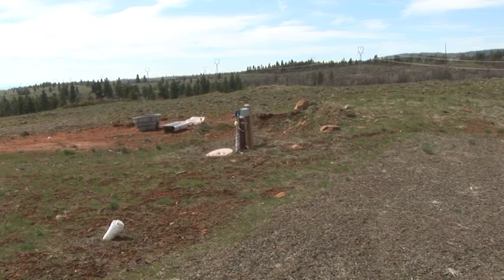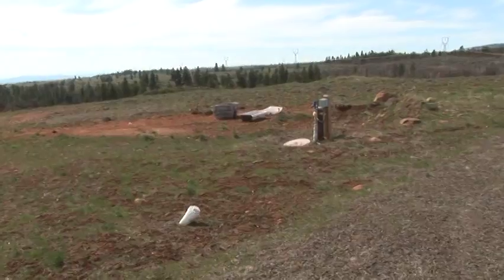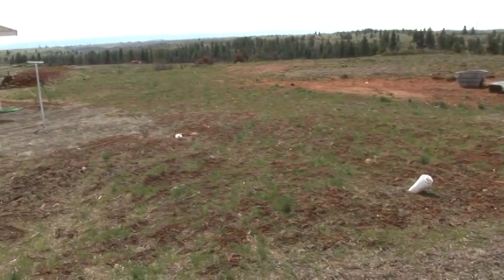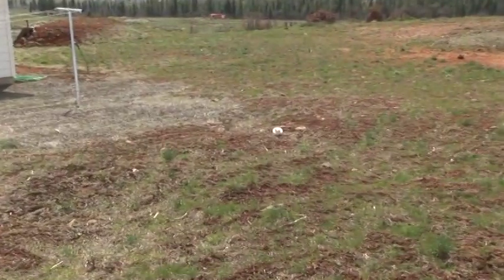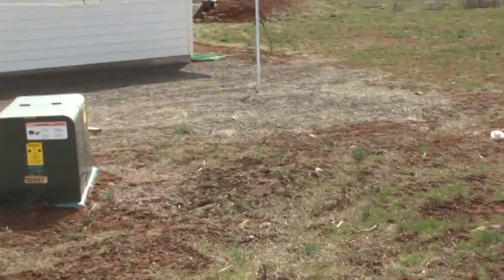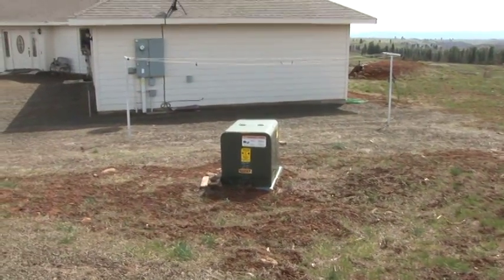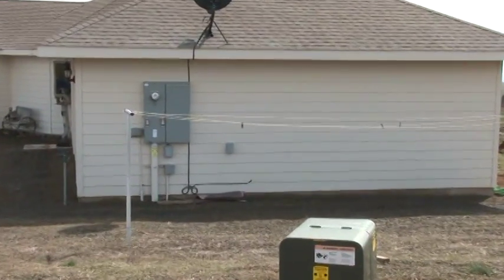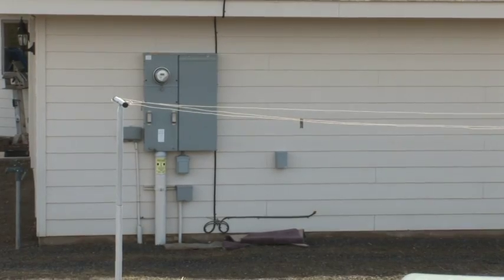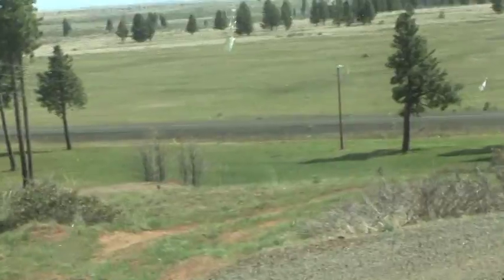There are 2 camper spaces here that have both electric, water, and septic hookups. I've rented out one of the camper spaces for a few months to a windmill worker. Then there are the water buckets over there for the deer. It's a wonderful place. This is going down the driveway